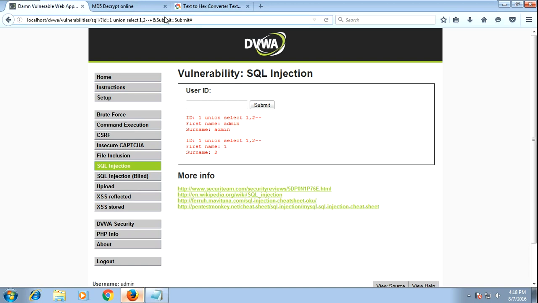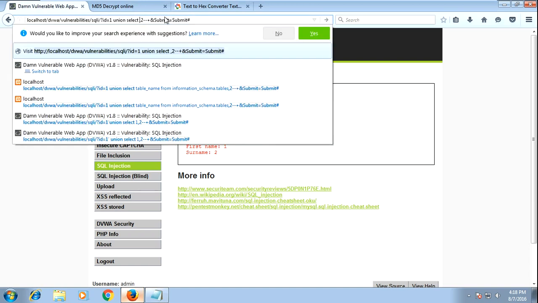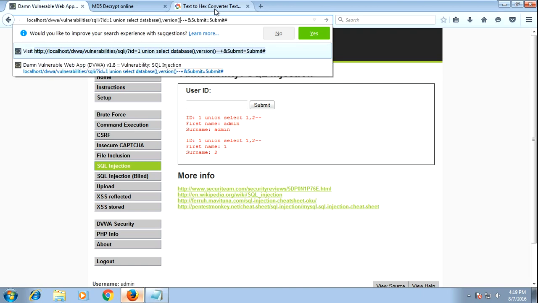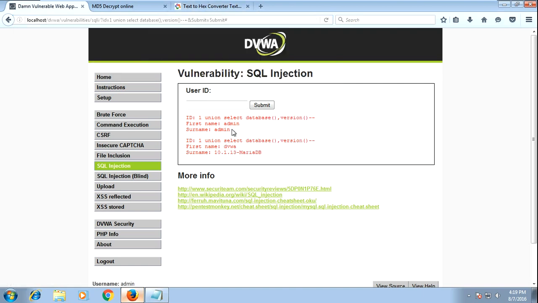Now we have to check the database and the version of the database. We have got the database as dvwa and the database version is 10.1.13-MariaDB.